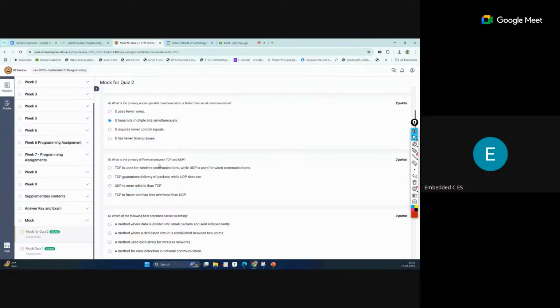TCP and UDP are both communication protocols, but TCP, Transmission Control Protocol, creates a connection first. Suppose we are logging into email, so one secure connection is made first, then our communication happens on the same path.